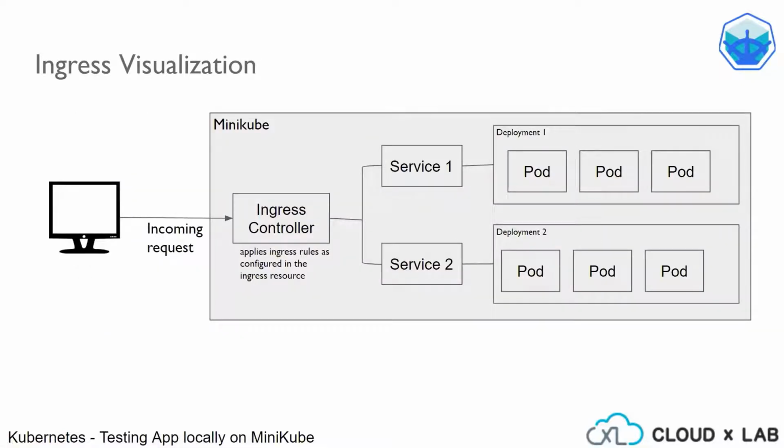So here, for an incoming request, the Nginx controller controls the traffic based on the request. It directs the request to the appropriate services, and these services channel the request to the corresponding pods where the application actually runs. The Ingress controller takes the help of the Ingress resource to be able to redirect the requests to the appropriate services. The Ingress resources are created with the help of Ingress configuration files.